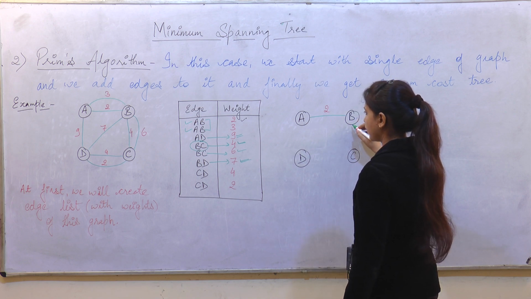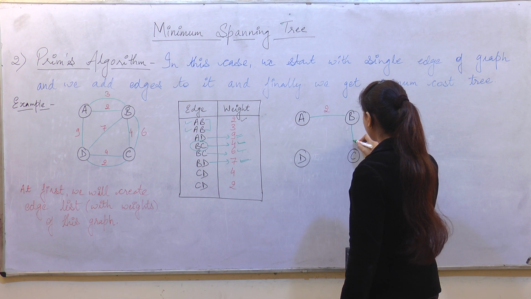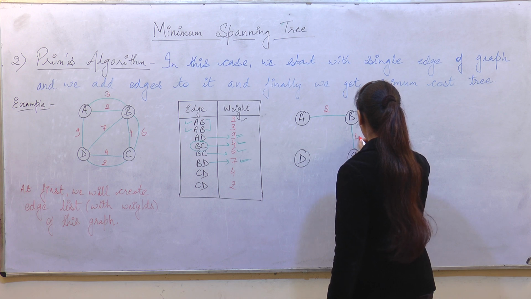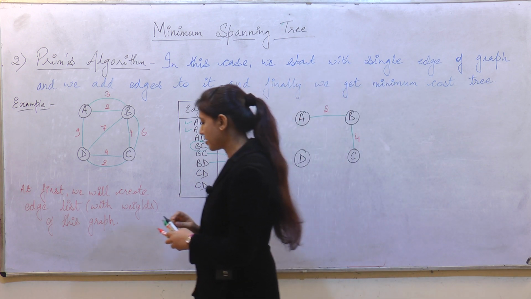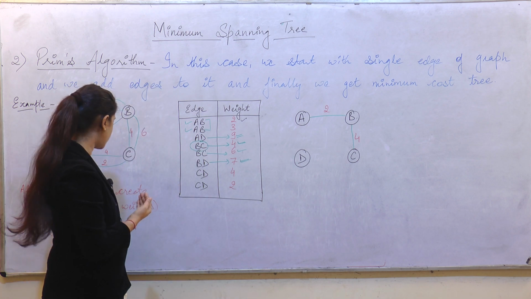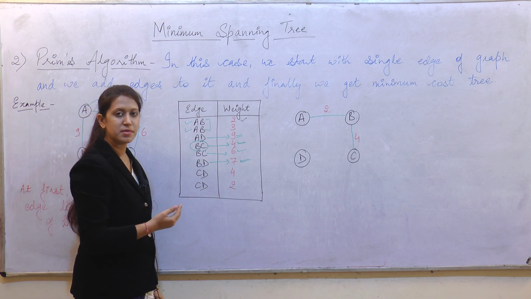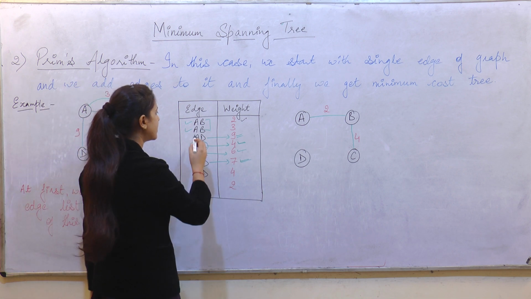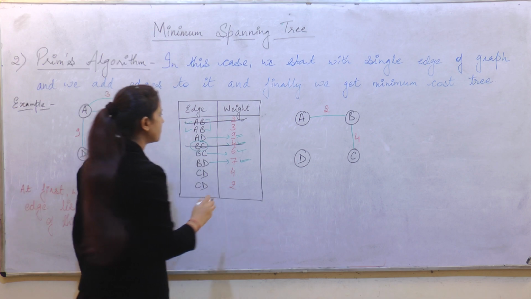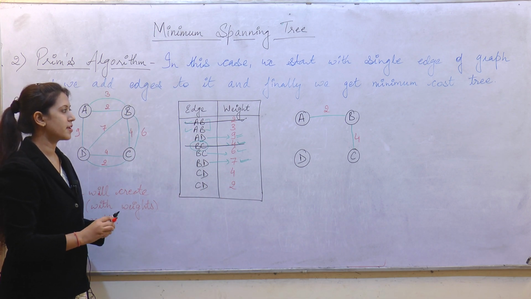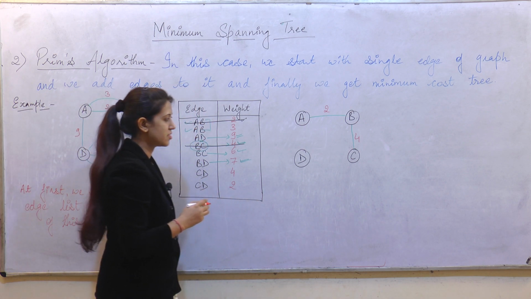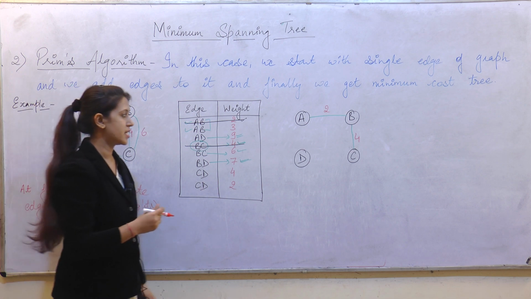So we will join the edge from node B to C, and the weight of this edge is 4. After inserting the edge from the edge list into the minimum spanning tree, we will delete that edge from the edge list. Okay, so till now we have used two edges for connecting our nodes. Now the next edge that we can connect to get a minimum spanning tree gives us